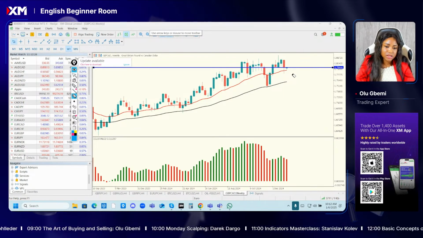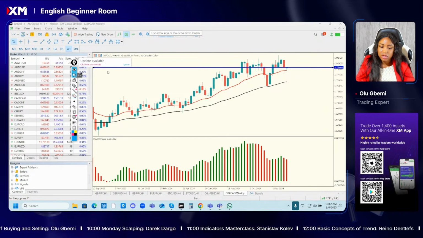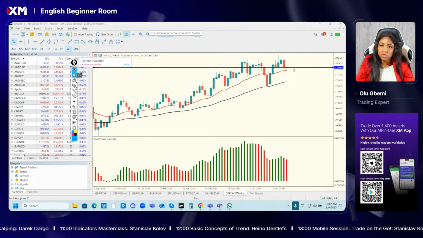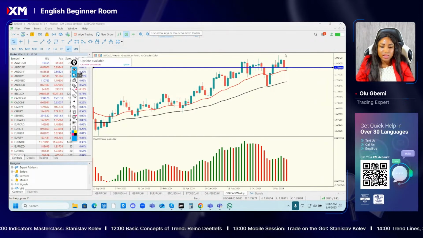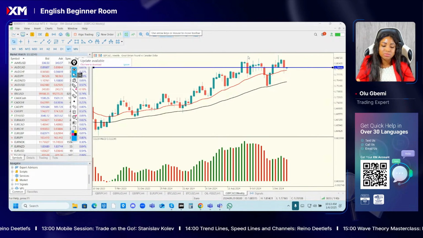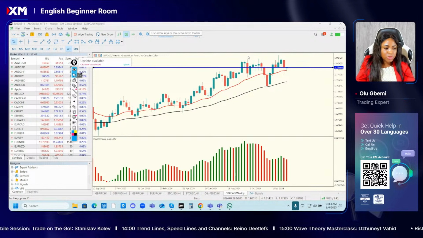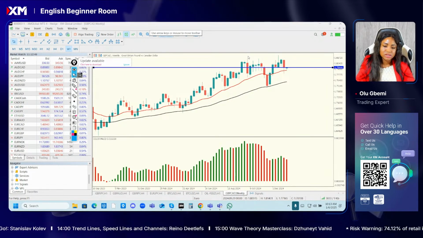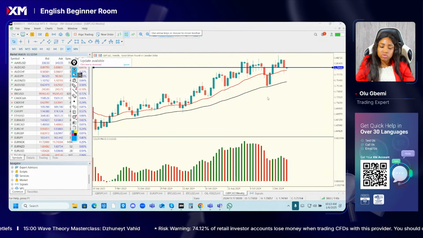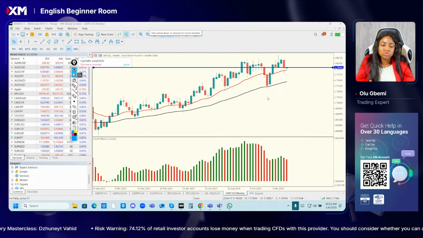I have seen in the past that if patterns like this form in such an uptrending market, the price is likely going to continue to the upside. So that's one thing that can help me determine what I want to do next. However, I may go ahead and do other forms of analysis so that I can make my analysis more robust. I want to understand why the market is mainly in an uptrend and why there is a possibility that it continues to the upside. To do that, I may then go ahead and do analysis like fundamental analysis, look into